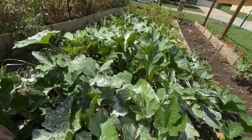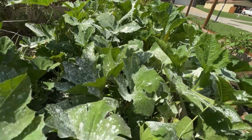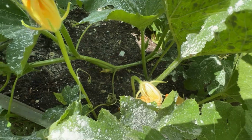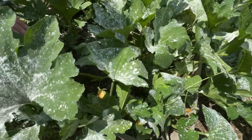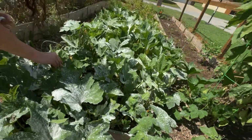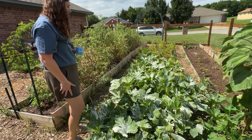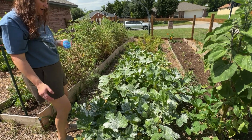Is it like this down here? Yeah, there's one. So you've got some coming along. So will that be a pumpkin? Just takes a while. Yep, that should be a pumpkin. Yay! I was about to just rip these up. I was getting so irritated with the squash bug fight, and I was like, I'm not even getting any